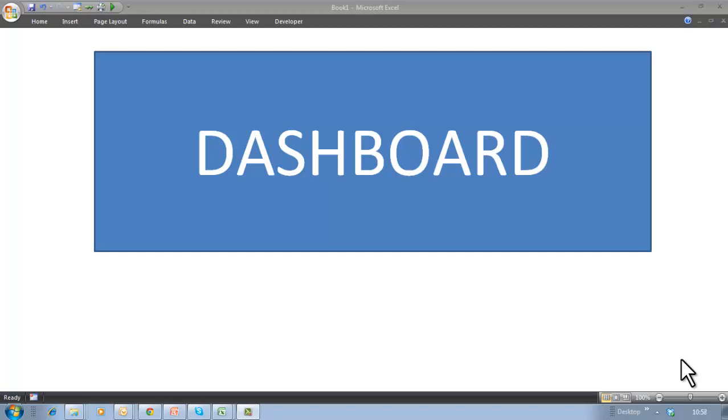A dashboard essentially is a visual interface that provides at a glance views into key measures relevant to a particular objective or business process. In layman language, a dashboard summarizes the data in a user-friendly and interactive manner.